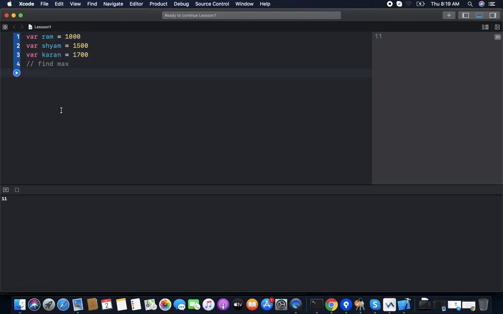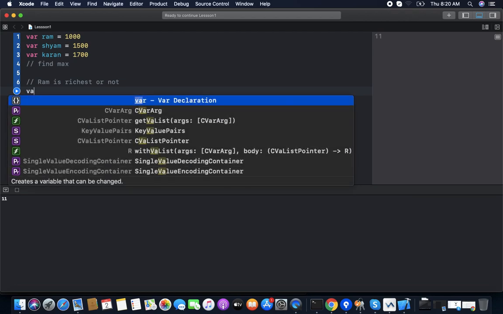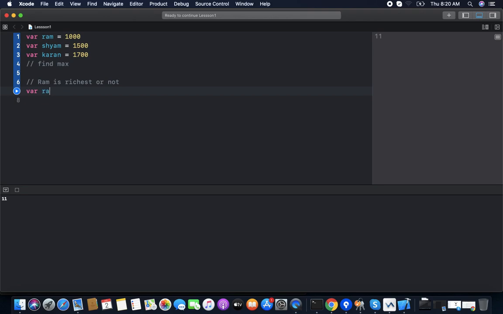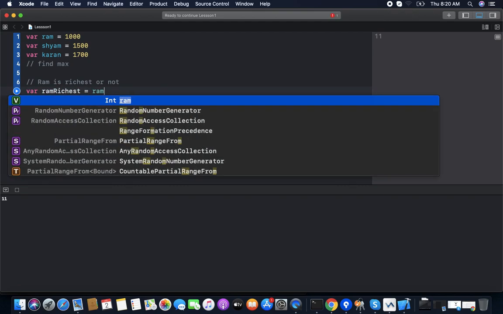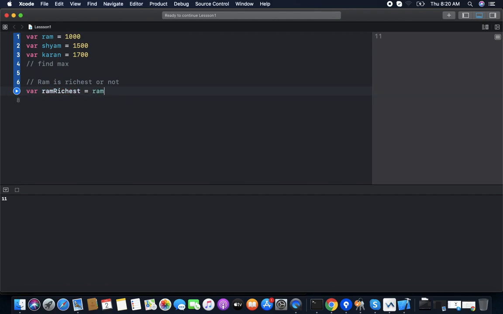So how do we check? First we check whether Ram is richest or not. For checking, we declare a variable ramRichest. We provide the value: if Ram is greater than Shyam.